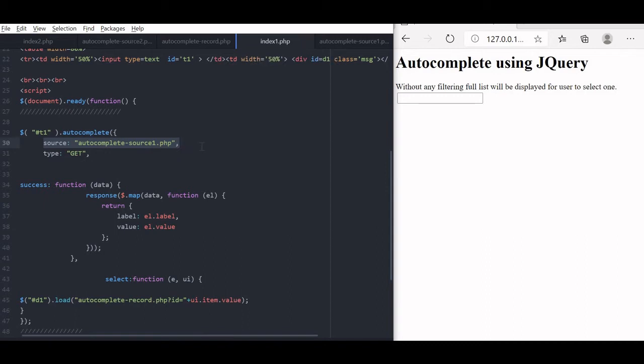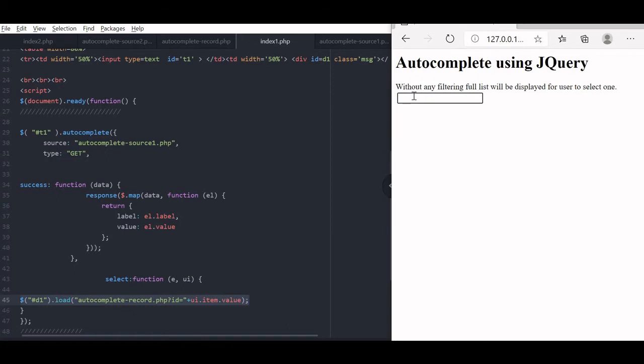As you were told in part 1, in this particular source we are not sending any data and we are not filtering dynamically. So, the moment we enter anything, the entire string goes to the backend and the backend returns us the entire record. So, all the options will be available for the user to select. Once the user has selected, the response is here, and in part 1 we have seen how the load function is used to get the details of the selected record. Now, let us try this.